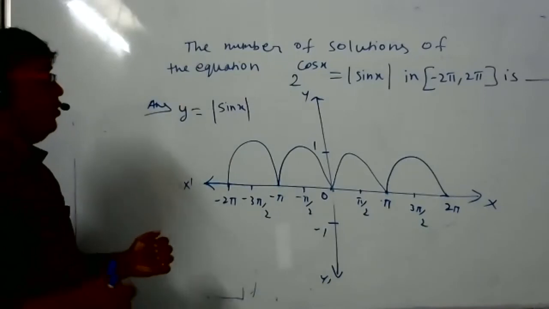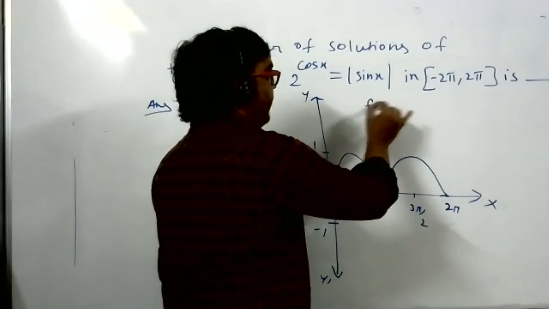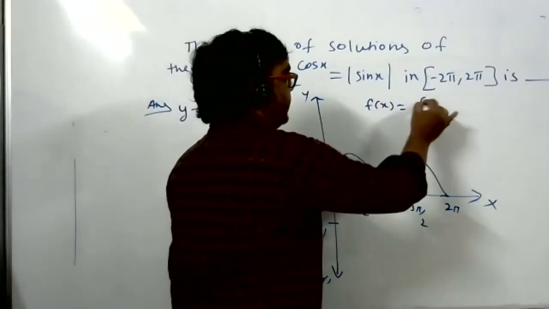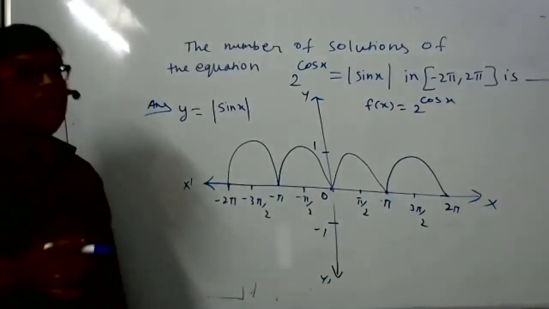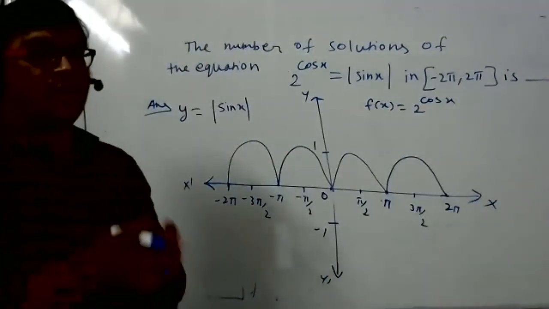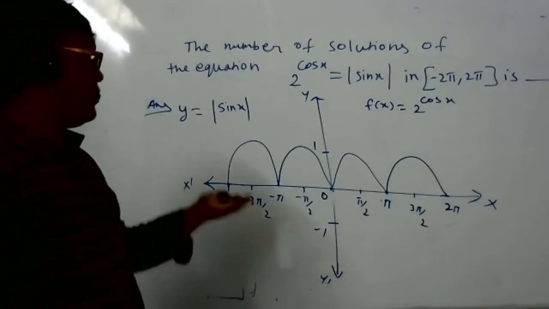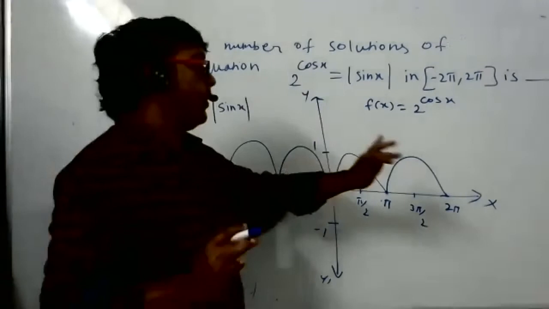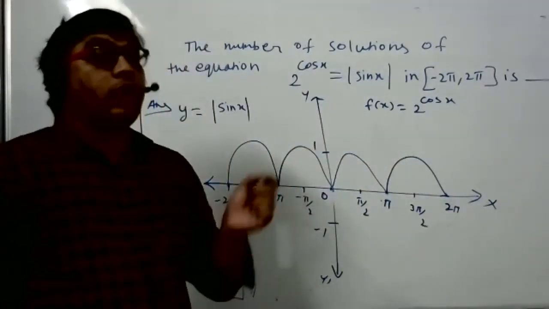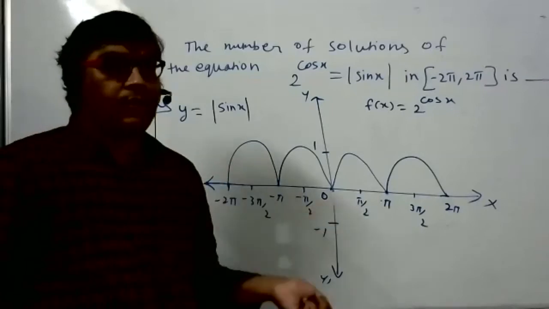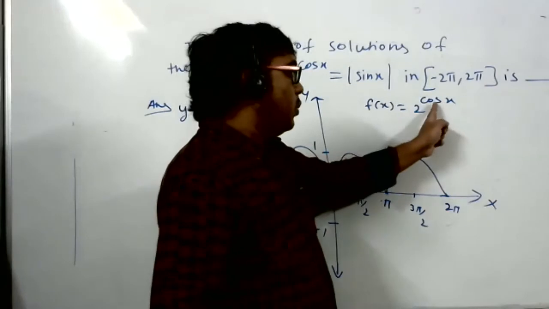Now the other graph, y is equal to f of x is equal to 2 to the power cos x. Now this graph is a little unfamiliar. But I told you how to draw a graph, and we don't want such an accurate graph, only a rough diagram so that we can find our answer. It is not a theory question paper, it is an MCQ paper. Students, you know the basic procedure to plot a graph: you put an x value and get the y value. Here f of x is equal to 2 to the power cos x.